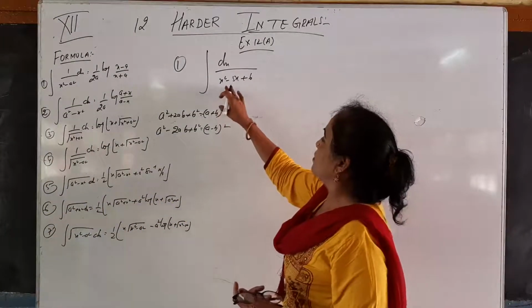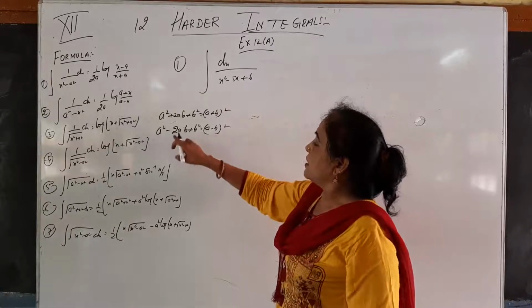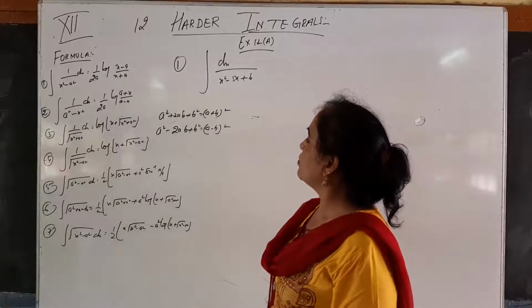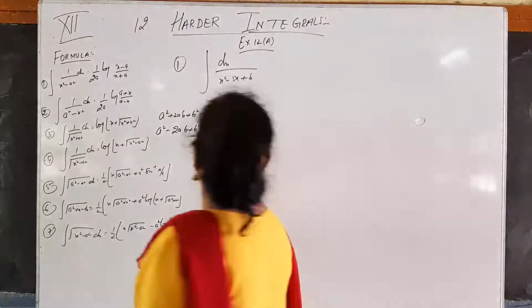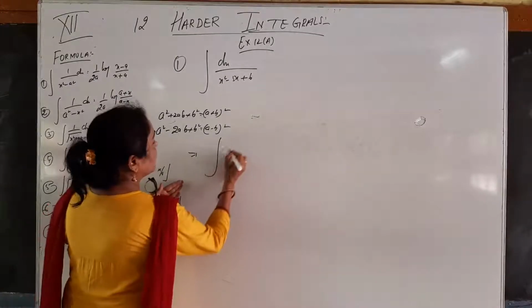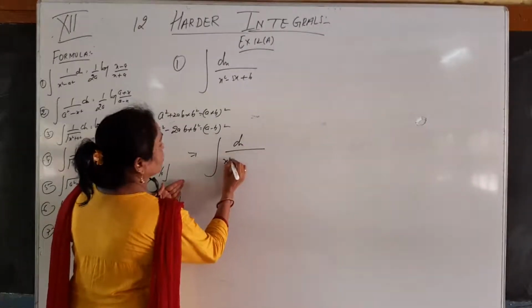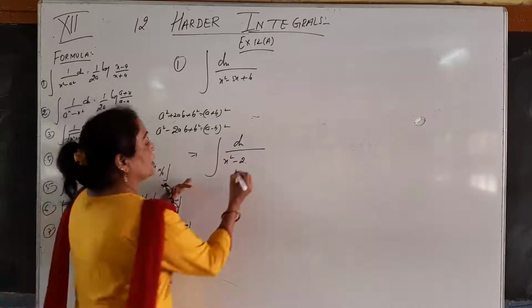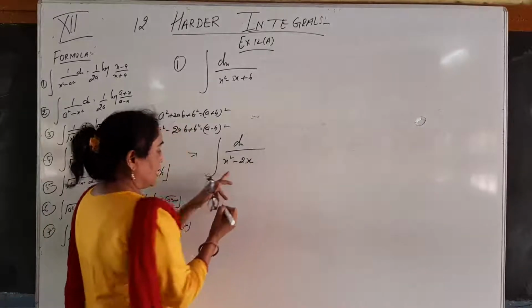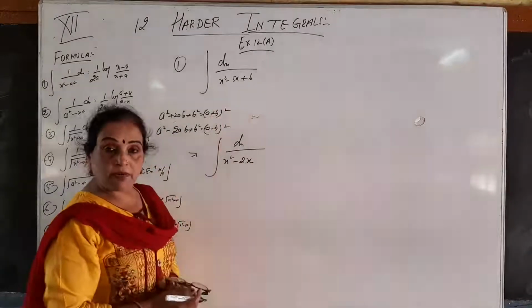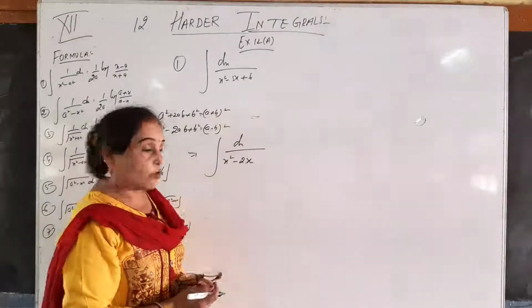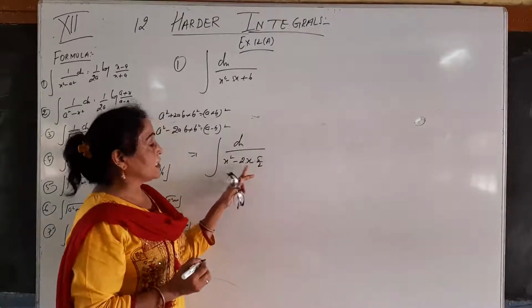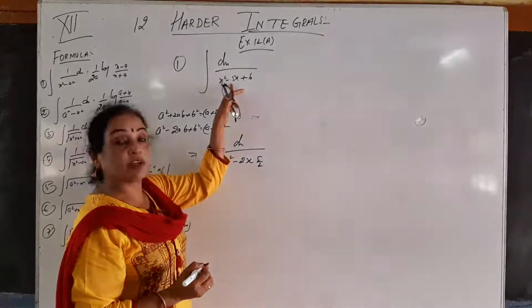Now you see what is given, x square minus 5x plus 6. And here minus is given, means it is of this form, that is a square minus 2ab plus b square equal to a minus b whole square. So we can write like this: integral dx upon x square minus 2, because in both the cases 2 is given. 2 into a is our x, a is x, but here 5 is given, 2 is not given. So we will write here 5 by 2. So this 2 will cancel that 2, and you will get 5x as in your question.